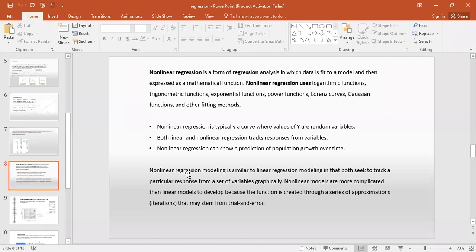Non-linear is where y values are random. We can't predict that y values increase or decrease gradually. In non-linear regression, the y values vary randomly with respect to x values. Both linear and non-linear regression are used, but linear regression gives us a straight line and non-linear gives us a curve. Due to that, the accuracy results may vary, which leads to the use of other models too. Even non-linear regression modeling is similar to linear regression, but the accuracy may vary. We'll see that with an example.